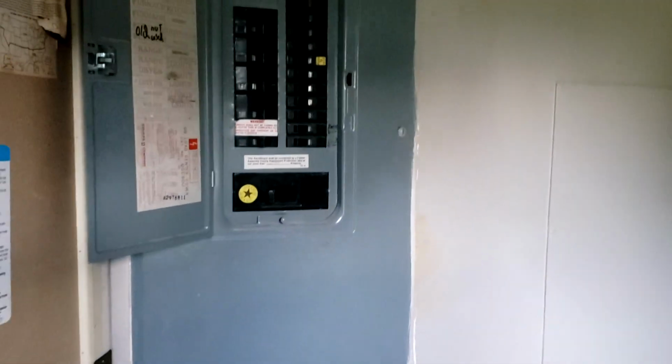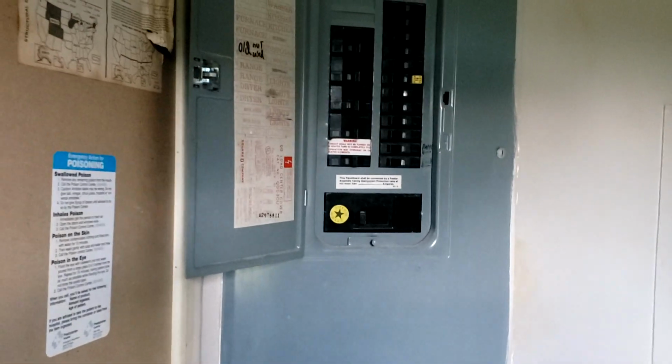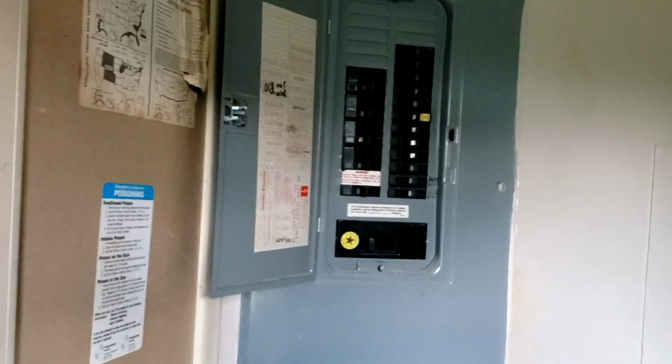I've got the panel box mounted back with the cover. Excuse me. I got the cover back on it. One other thing I'm going to probably do, which will be later on, is I'm going to get me a square D QO surge breaker,